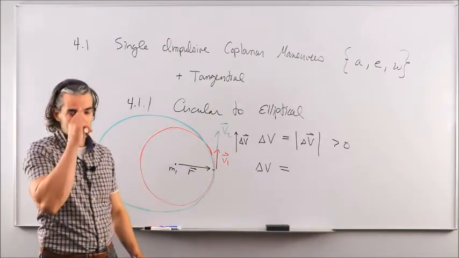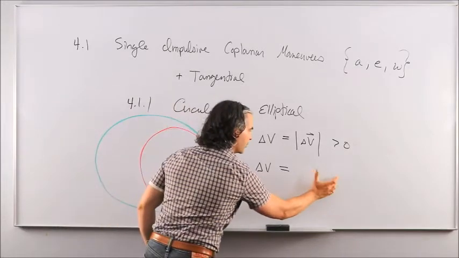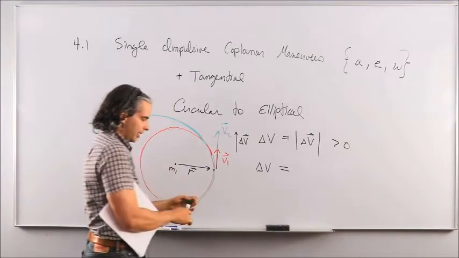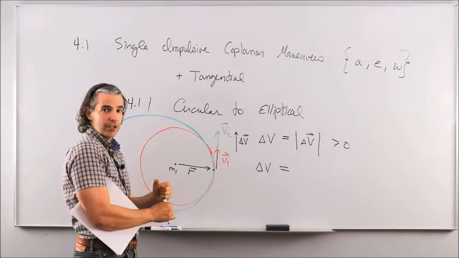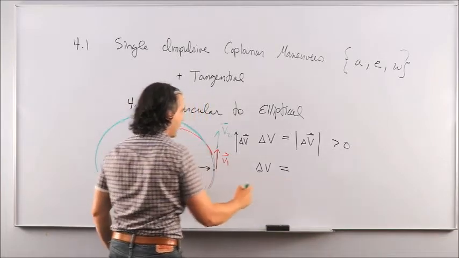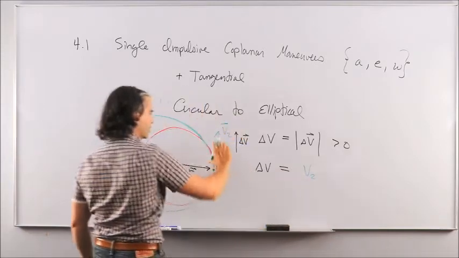Okay, so think about it. Don't forget about this concept of performing the subtraction in the correct order. I know it looks trivial and obvious, but I guarantee that close to 50% of you will make that mistake on an exam. Okay, so delta V magnitude is going to be then speed 2, which is the largest,